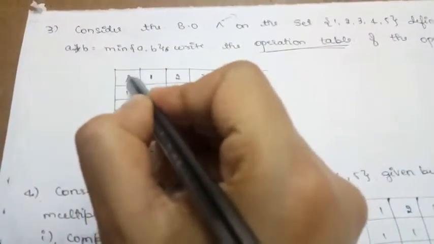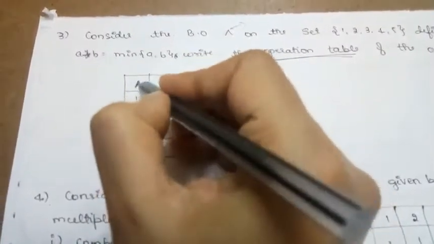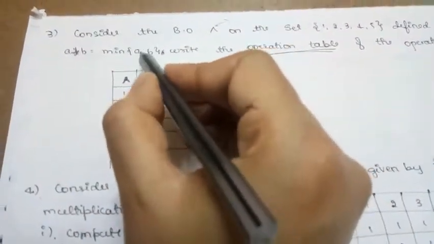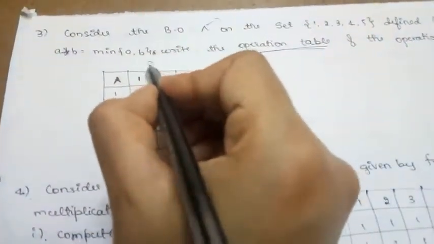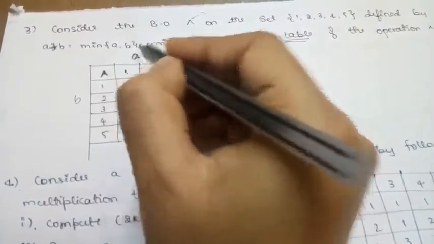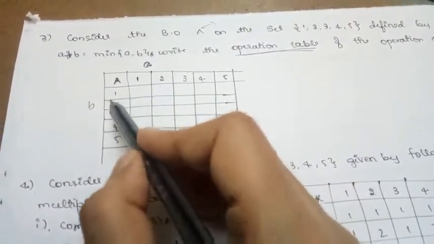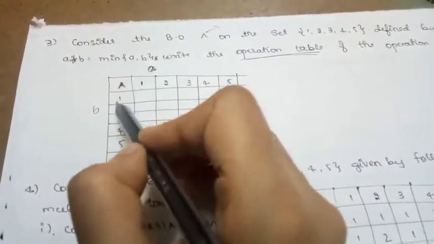So I am considering the operation at the corner here, that is wedge, and I will consider the set A. Whatever elements A and B we are going to take, it is upon the defined set. Let it be A whatever I am choosing, and let it be B whatever I am choosing in the column here. So all the possibilities or values you can see in this column. If I take 1 and 1, A has 1, B has 1. So A star B is nothing but 1 star 1.